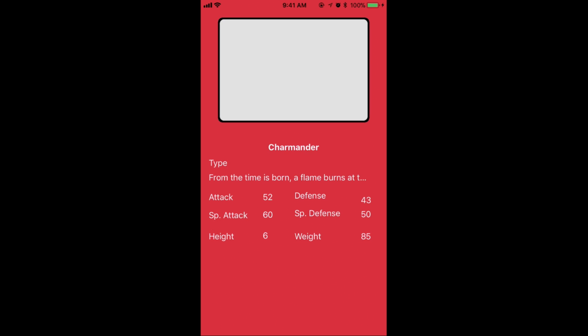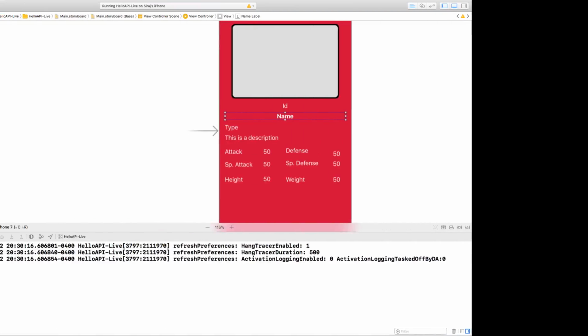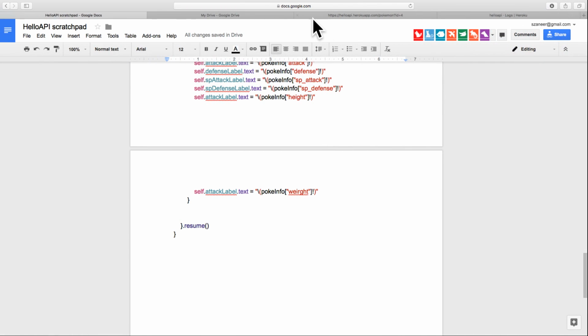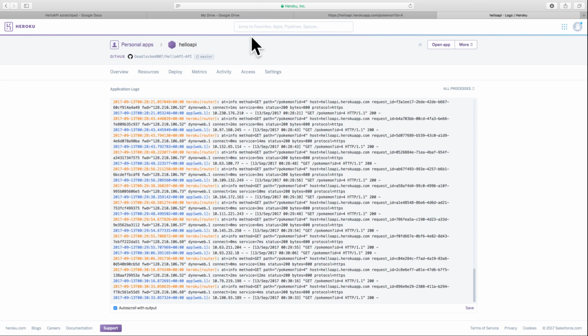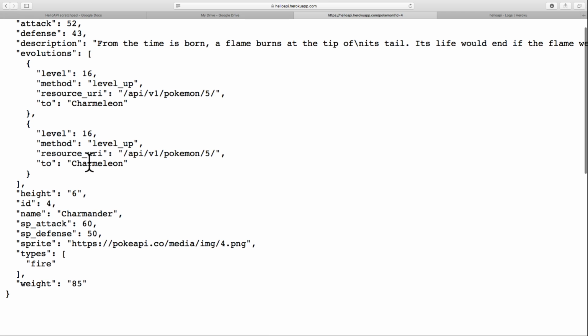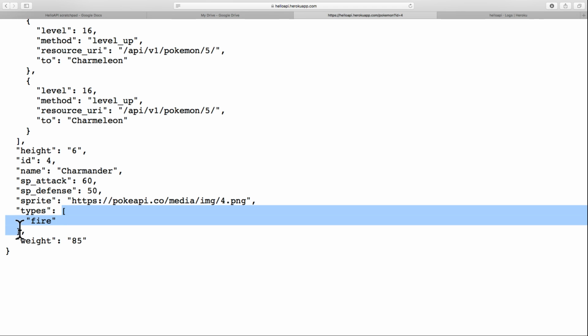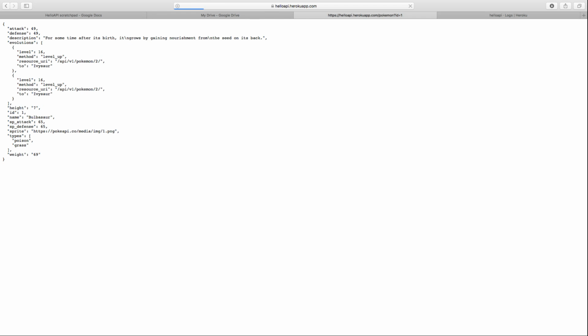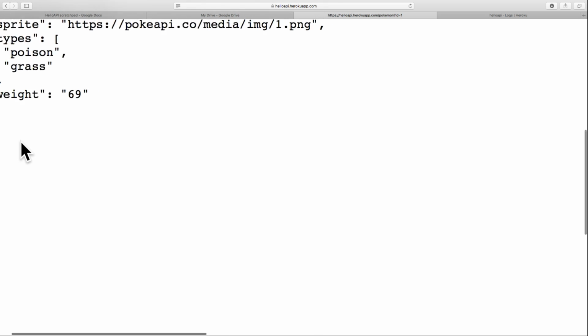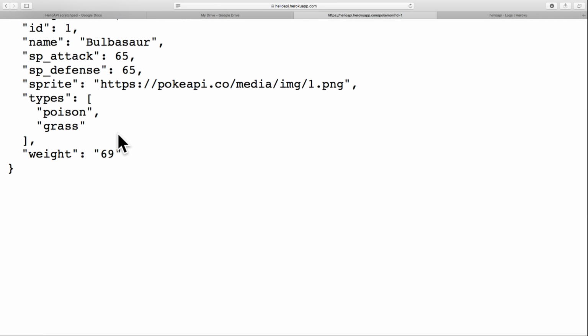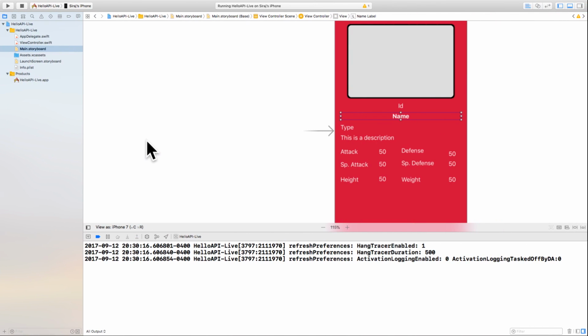The last thing we want to do is get the type. So the type, I made it a bit more tricky than the other ones. The thing about the type right now is it's actually stored as an array. You'll notice that in this JSON, there's brackets and inside is the string of the type. Pokemon can have multiple types. So let's say I go to Pokemon number 1. You'll notice it has multiple types. So right now, we don't really care about the multiple types. We just want to go and get whatever the first type is. So in our code, we can access that